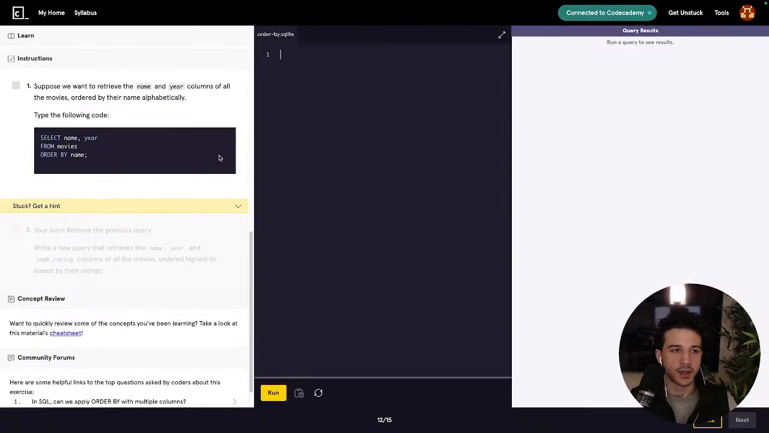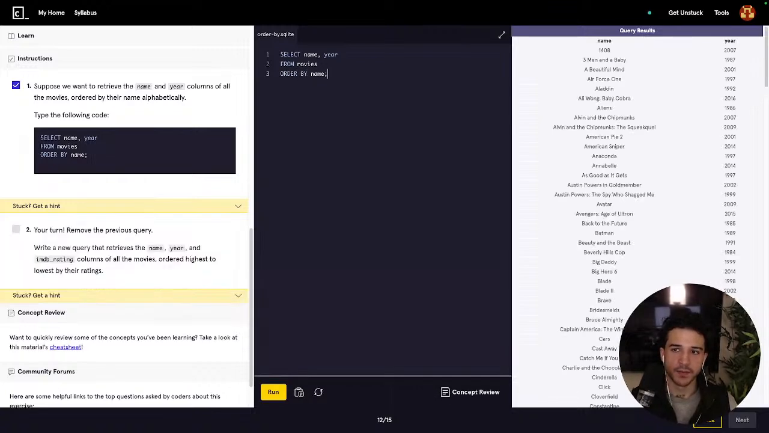Order by. So select name, year from movies, order by name, alphabetical order for name. Your turn. Remove the previous query, write a new query that retrieves the name, year, and IMDb rating. So name, year, IMDb rating from movies ordered highest to lowest by their ratings. So order by